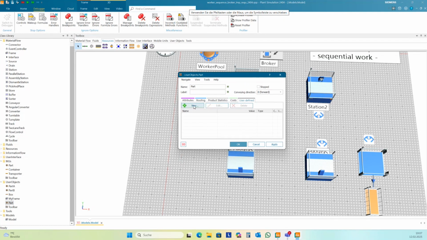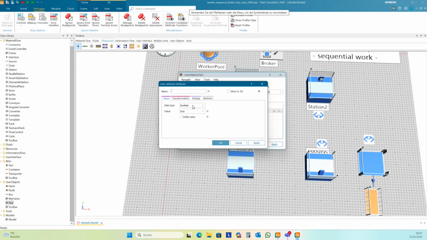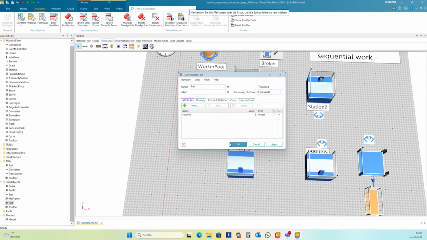And so I create a new user-defined attribute of type integer with the name seqpos, and the initial value is 1.